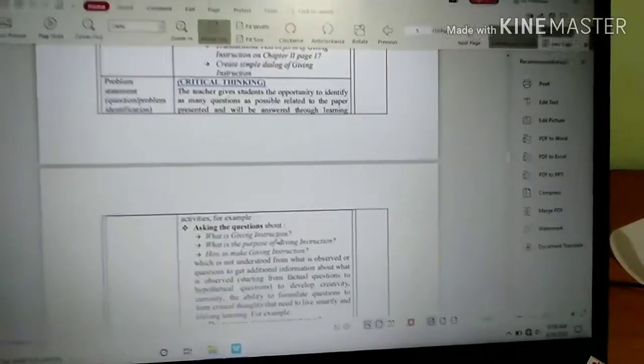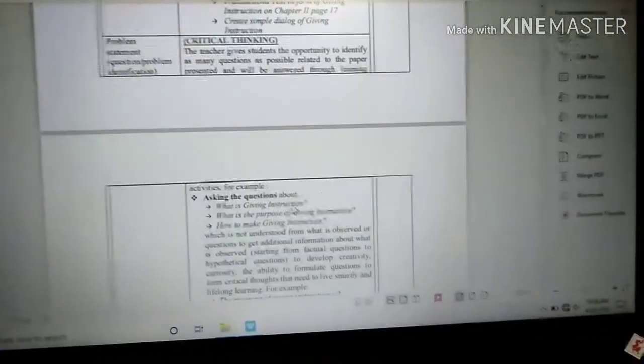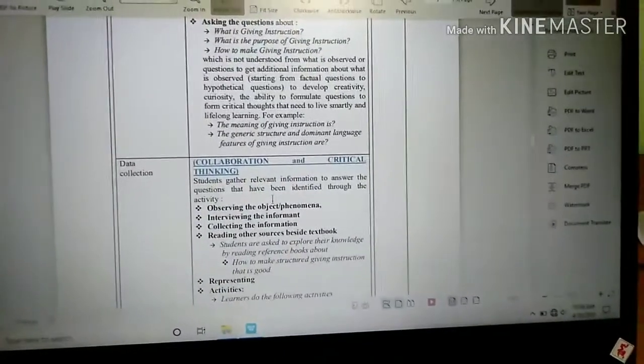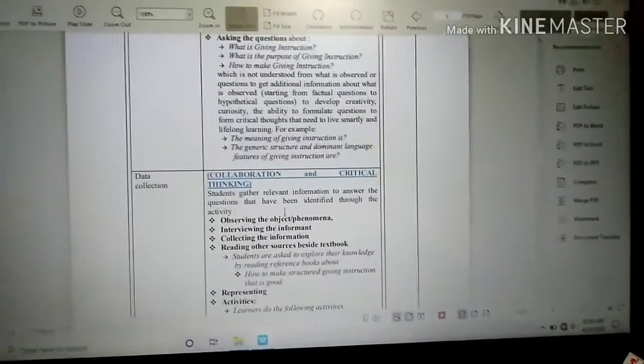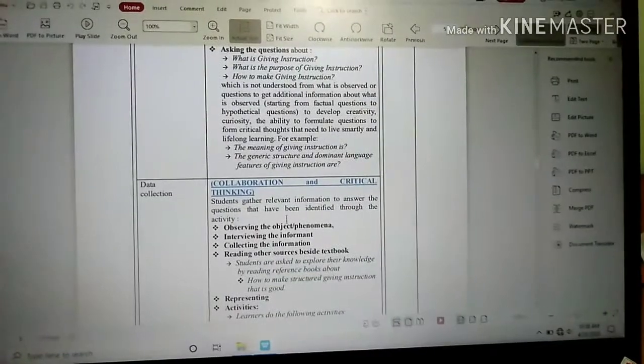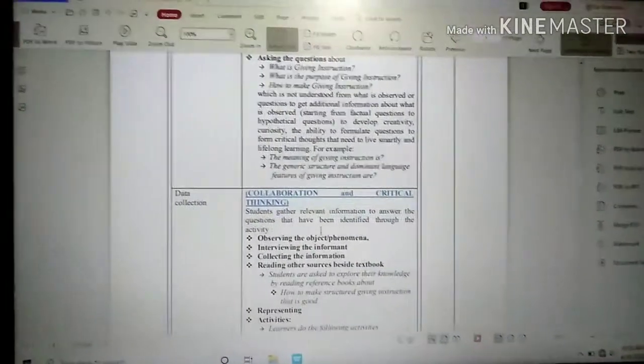For example, the meaning of giving instruction, the generic structure and dominant language features of giving instruction are.